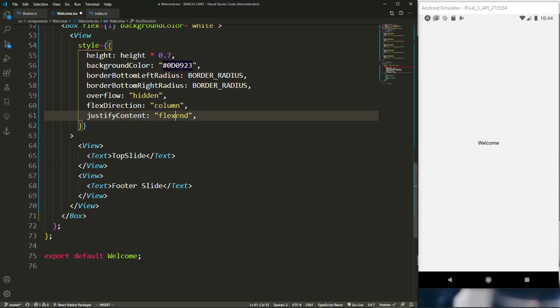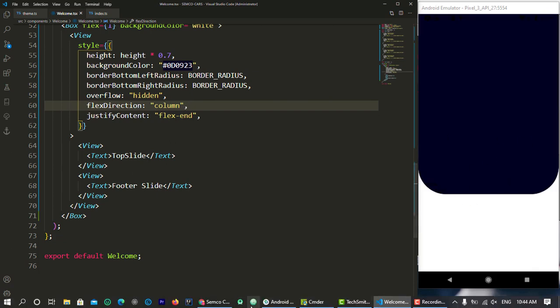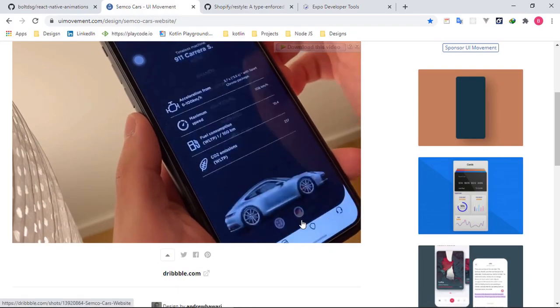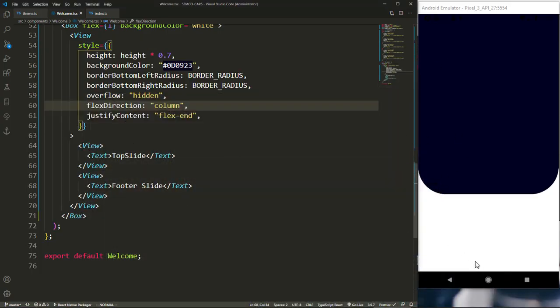So I think I didn't get that flex end. Yeah, so let's save. Actually, you're supposed to see the background and we are supposed to get that. Yes, so you can see we are getting this shape that we actually have over here. So that's the shape you're actually getting right away. So for this bottom slide, which is actually cool, I think